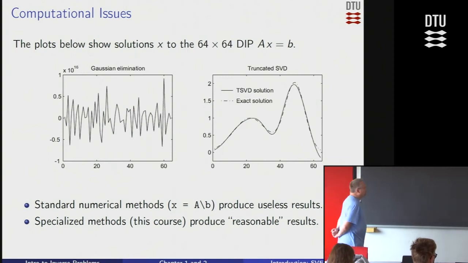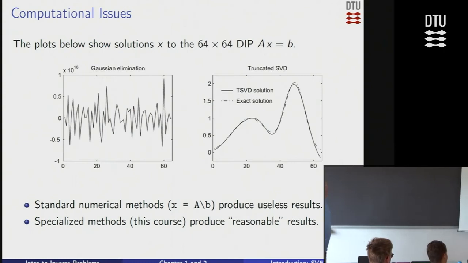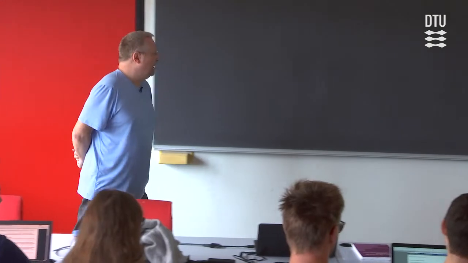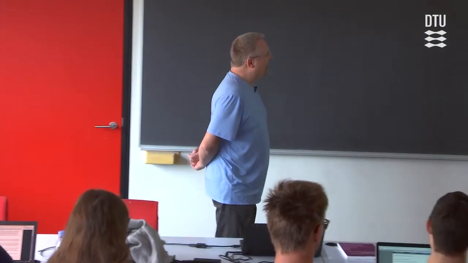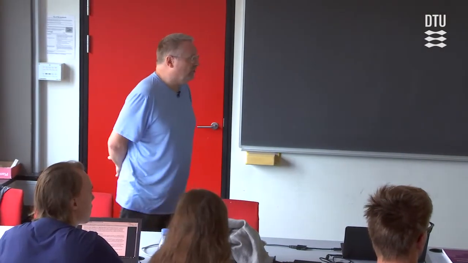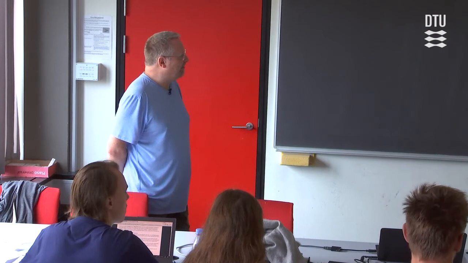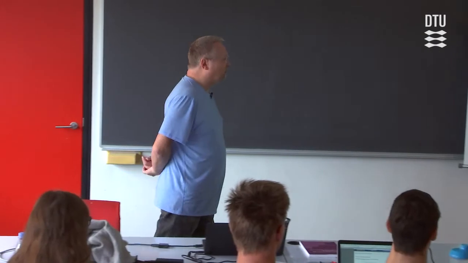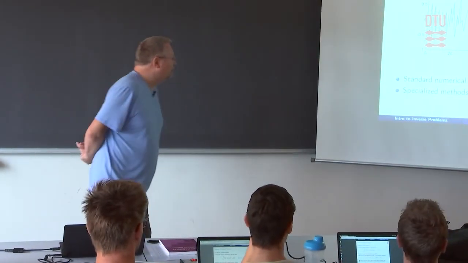And then there is the solid line, which is a particular solution that I was able to compute by means of the techniques that we are going to discuss over the next weeks. So this is to motivate that maybe just naively solving Ax = b may not be such a good idea. Apparently there's something strange going on there. Maybe errors are magnified very, very much, so maybe we shouldn't do that. But why is that, and what should we do about it?